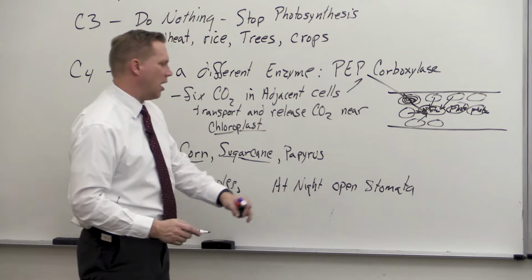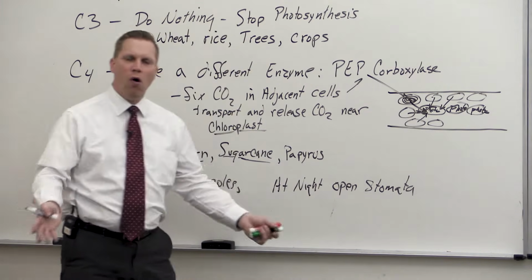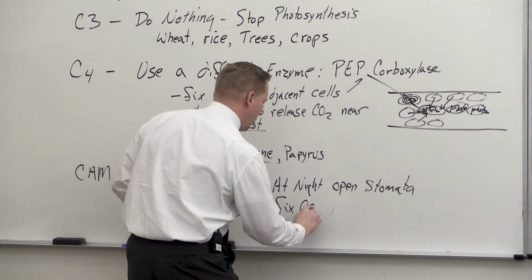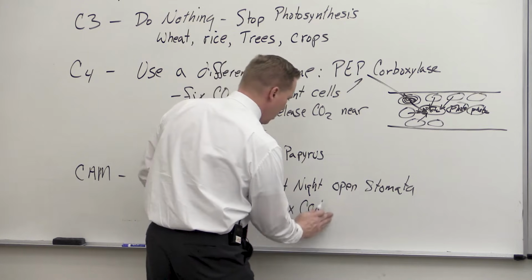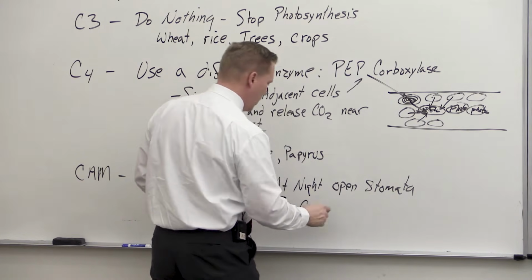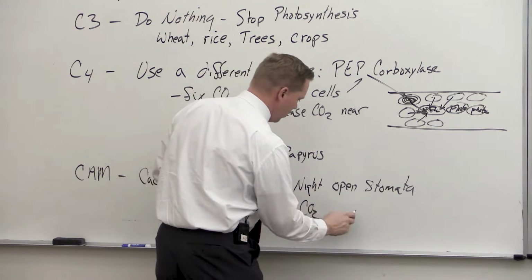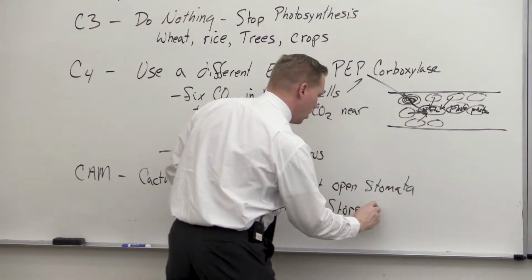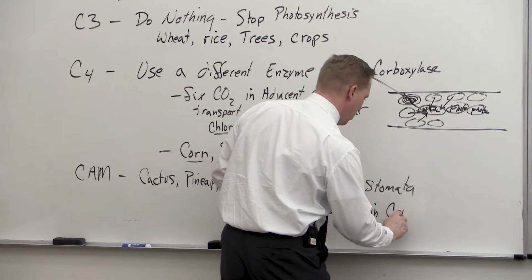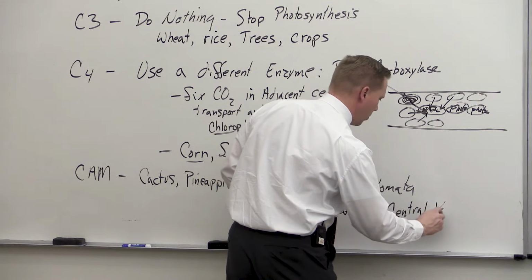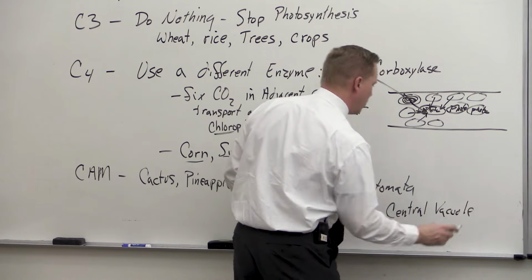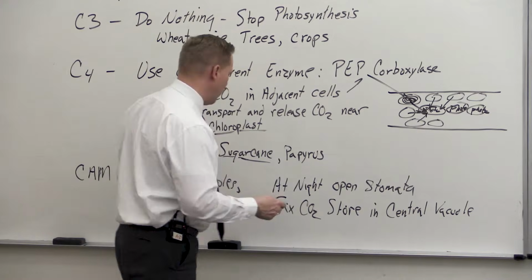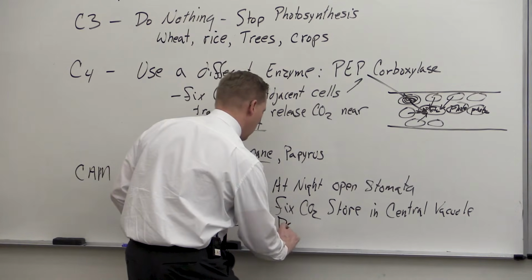And so at night, they open their stomata, and they'll breathe in a whole bunch of CO2, and they will fix that CO2 using an enzyme. They don't use PEP carboxylase, but it's similar to it. So they're going to fix CO2 and store it in their central vacuole, which has a lot of storage space. And so they're going to fix it as organic carbons inside the central vacuole,